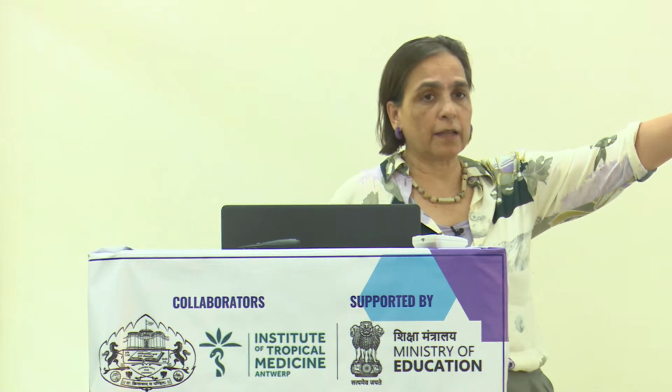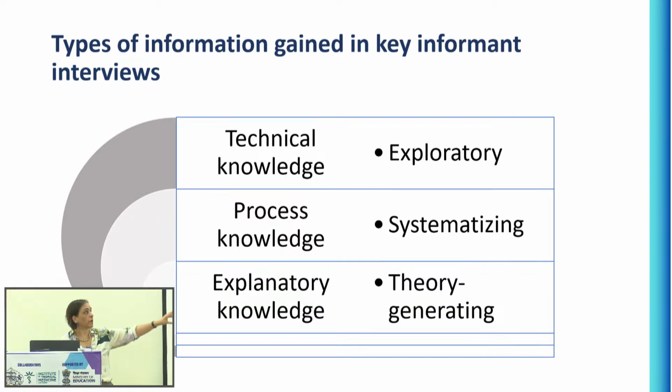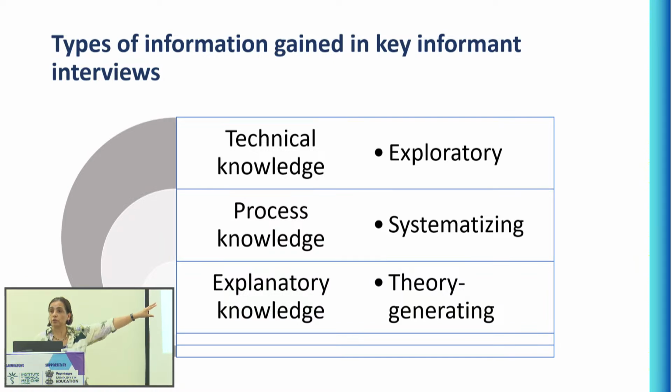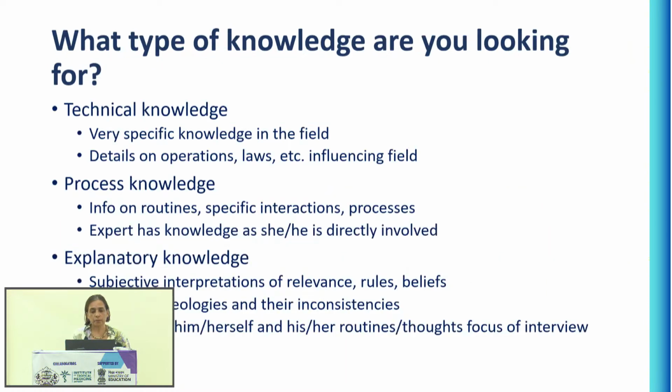Now, you might be saying, do I need separate key informants for each of these? Or are there key informants who might be able to help with the first two types of knowledge versus the last? Of course. Your key informant topic guide can include questions about all three of these, but obviously sometimes for technical knowledge the person is quite different. Very often they're completely different, because the technical person is so hyped up about their technology that they're not really thinking about implementation that much. Right? Okay, so as I said, what type of knowledge?